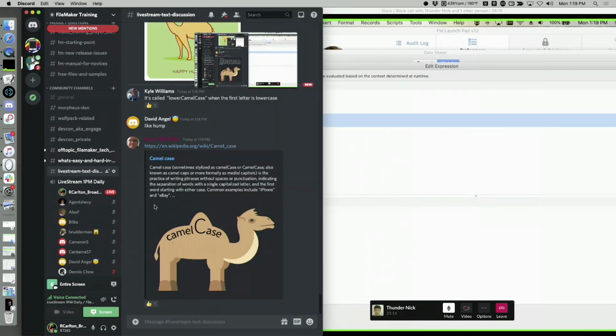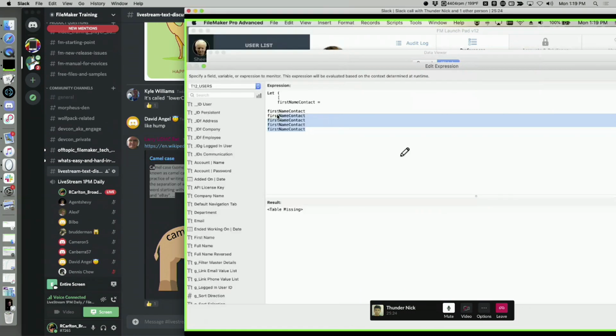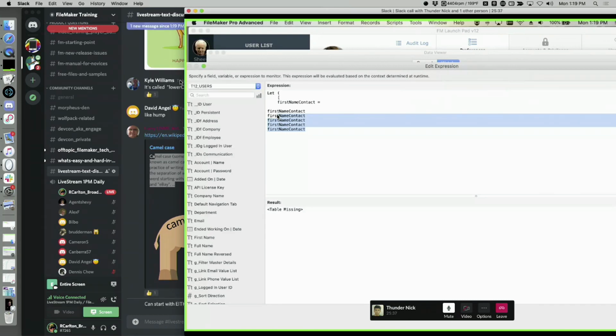Okay. There you go. Camel case. So sometimes there is camel case or camel case. Okay, cool. Well, there you go. So that is the answer for that. So you learned something. I learned something new today. I've seen camel case. There's a guy in the FileMaker threads on the FileMaker community, camel case, pretty sharp guy, but I didn't understand why the legacy was on that or what that was about.